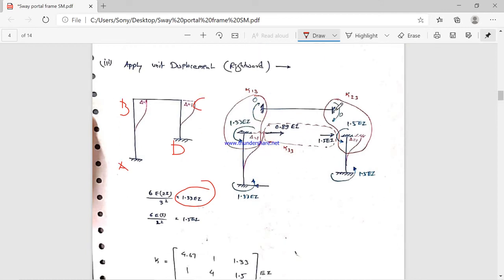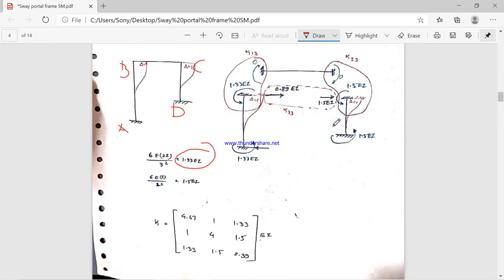And here the effect of the formula will not be applicable for the beam member, because the displacement is applicable only for the column members. So therefore the formula will be applicable for these two columns only. There will be no effect of the formula in the beam, but we have to show the sign convention of the moment, but the effect will be 0. So this point you have to understand very carefully.